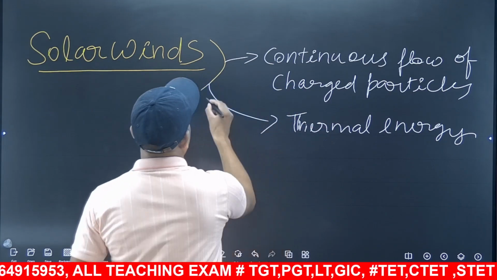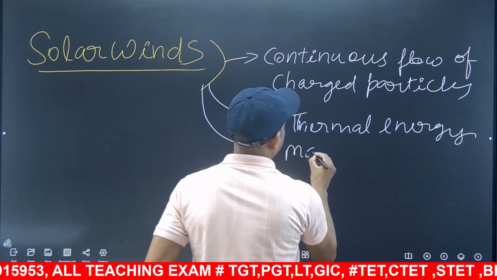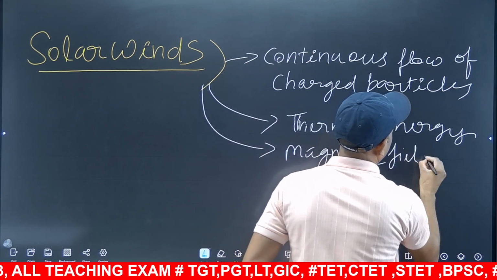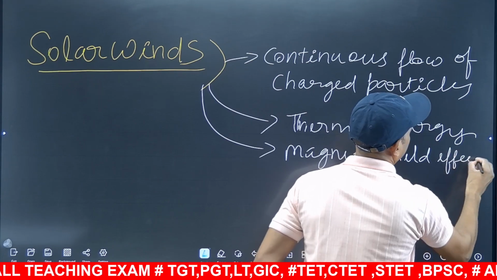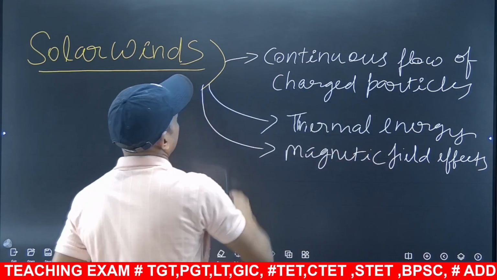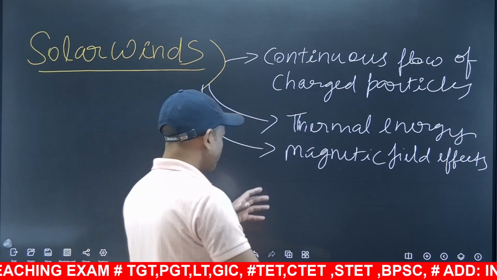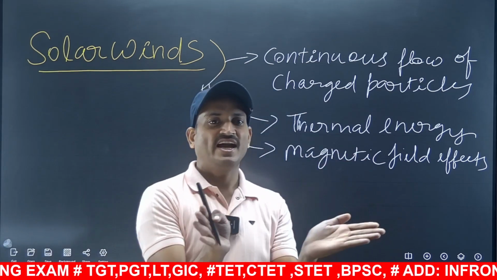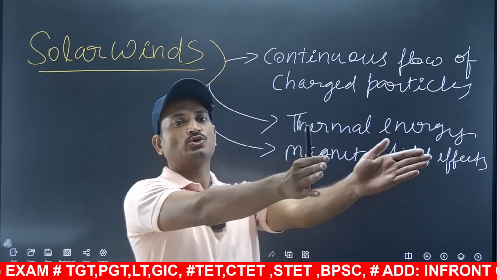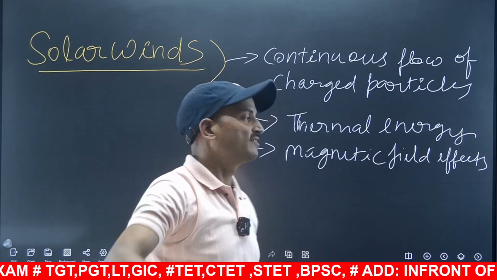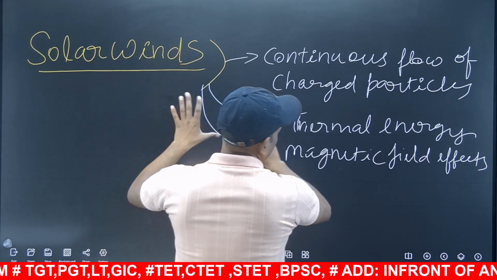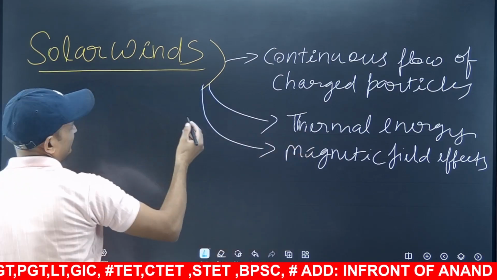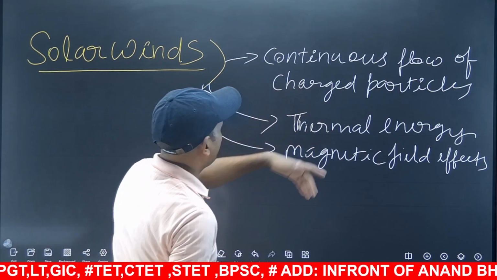And magnetic field effects. These solar winds blow out of the sun. Magnetic field lines open at the corona and provide a free passage for the solar wind to just blow out. So the solar winds keep on blowing, and since they are also charged particles,